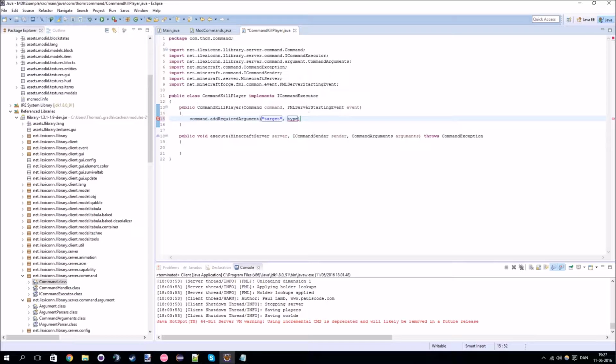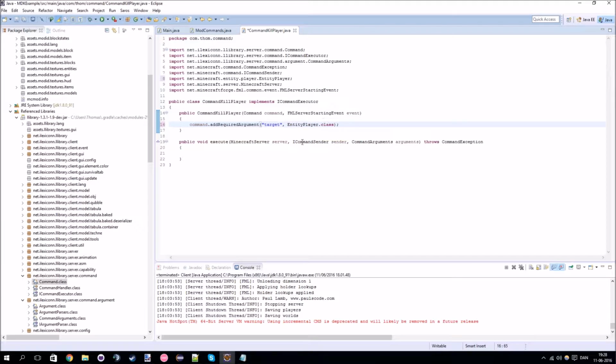And the types that you can pass in are, I don't remember them all, or maybe I do. There's integer, float, double. I think there's boolean as well. There's item stack and entity player, and string as well, and probably character. I'm not sure about character, but I know there's all the standard ones that you'll be needing, like integer and float, and player and item stack. And you can go ahead and make your own. I'll probably make a video on that later, but for now it's just going to be a standard